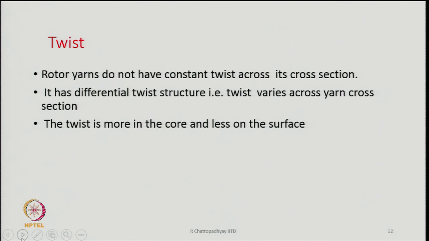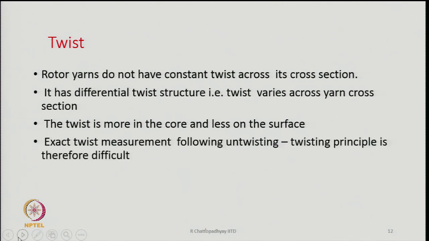There is a chance of slippage, and therefore, there is a loss of twist in the sheath fibers. As a result, the twist distribution is not uniform from core to the surface of the yarn. Exact twist measurement therefore becomes difficult following the untwisting-twisting principle,